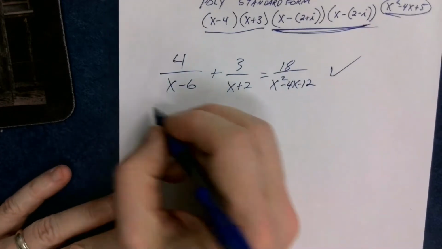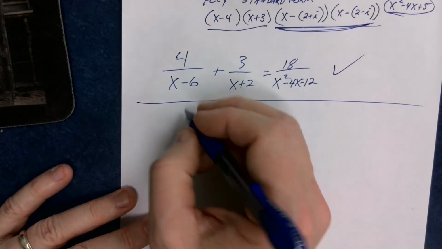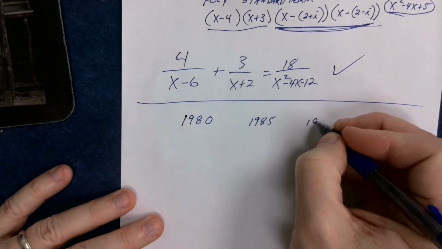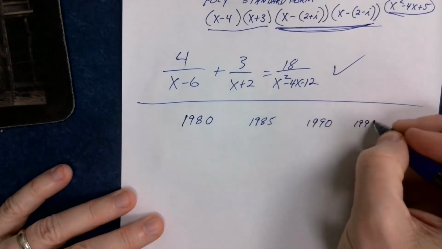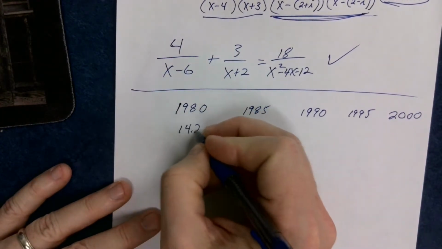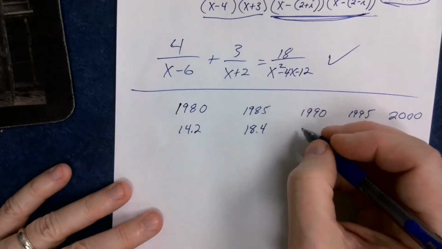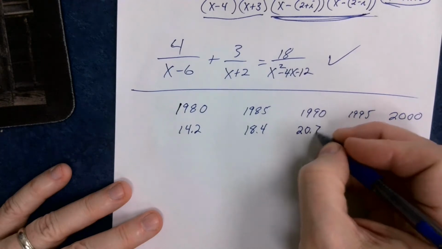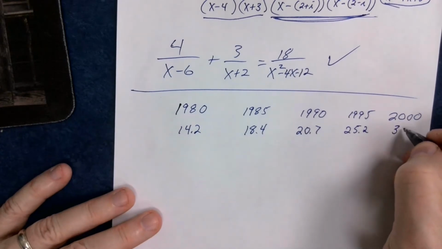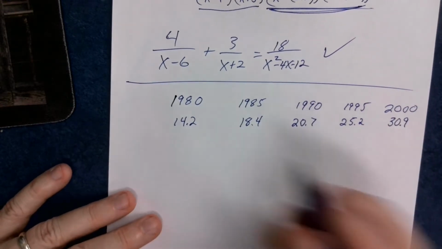Okay. Hey, let's say I had one of these types of problems. Let's say I've got data here, 1980, 1985, 1990, 1995, in the year 2000, and maybe I have 14.2 here, and yeah, I have 18.4 here, and 20.7 here, and 25.2 here, and 30.9 here. And these represent millions of people,